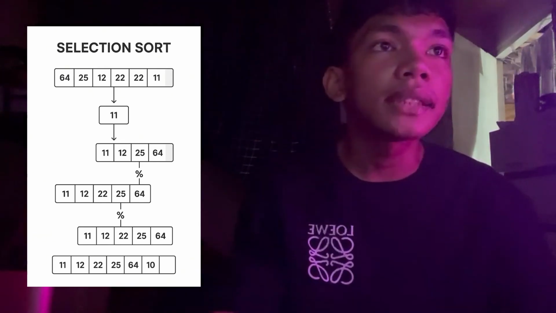The last thing, guys, is heap sort, and we're going to give an example of heap sort. You can see it on my left side again to discuss more. Heap sort uses a binary heap data structure, usually a max heap. The idea is to build a max heap, swap the largest element at the root with the last element, reduce the heap size, and heapify to restore the heap property. Repeat until sorted.